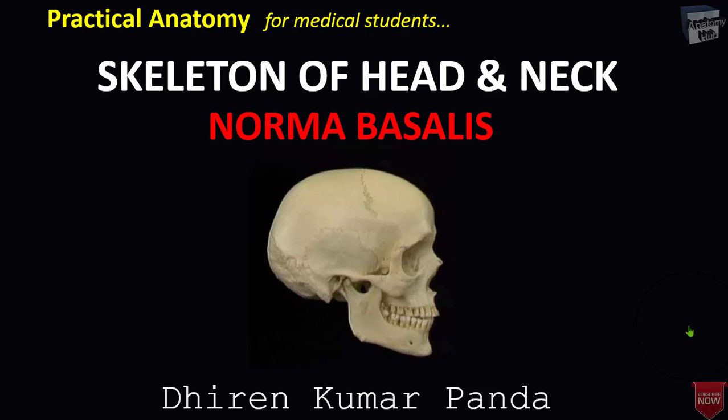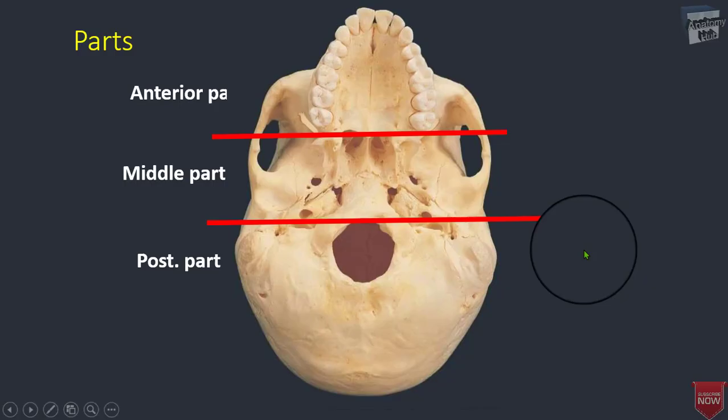Today we'll discuss the Norma basalis, mainly the external view. Here we'll see the skull and the inferior part of the skull. When the intact skull is viewed from below, the limits of the oral cavity can be seen. Its roof is formed by the hard palate and its wall by the upper and lower teeth embedded in the alveolar process of the maxilla and the mandible.